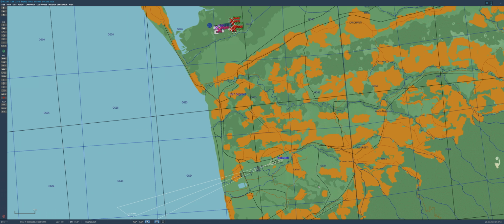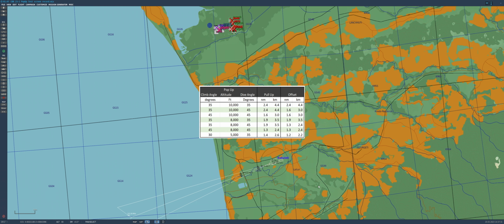So, of course, in order to do that, the first thing I had to do was calculate some distances. So I made a handy-dandy little Excel spreadsheet. And basically what I did was I told Excel what angle I wanted to climb at, the altitude that I wanted to roll in at, and the dive angle that I wanted to use to attack the target. And it then gave me a distance in either nautical miles or kilometers, the distance that the pull-up point would have to be from the roll-in point, and then how far away from the target the roll-in point would be,